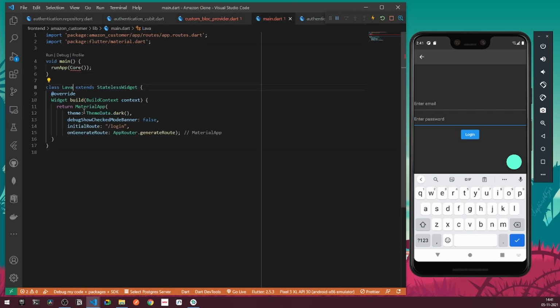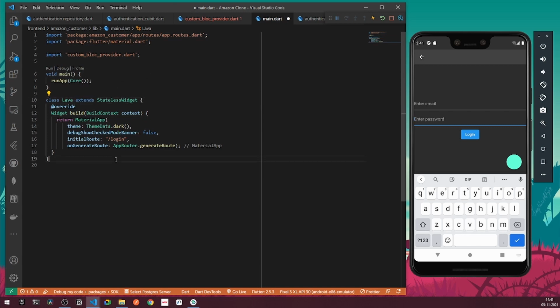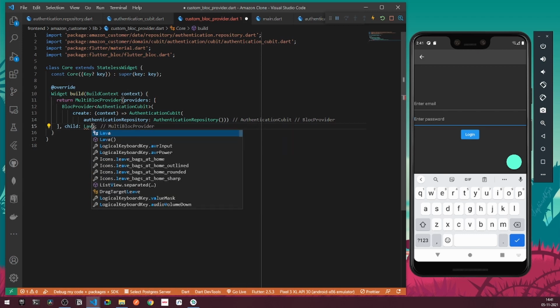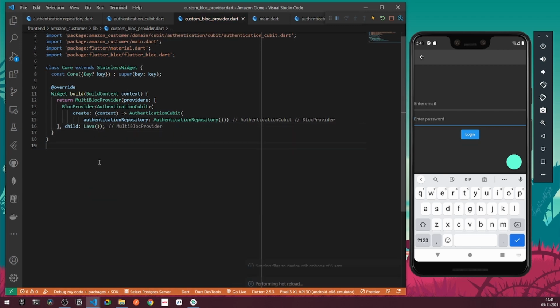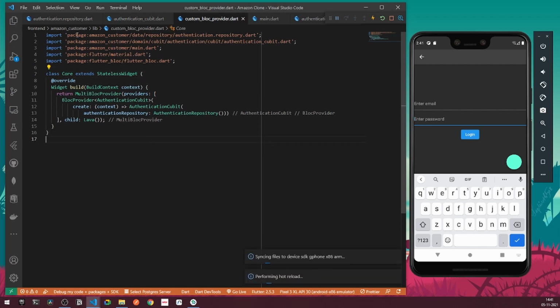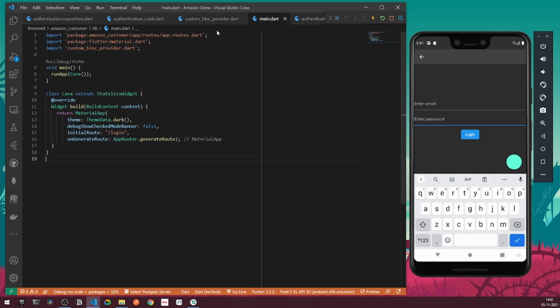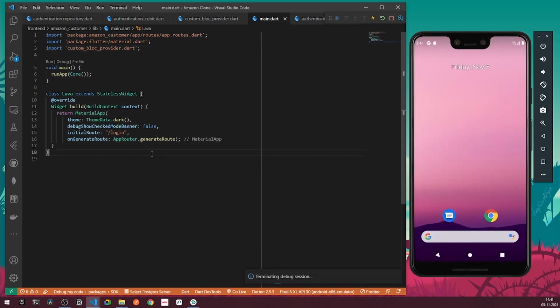So now what I can do, under my Lava, let's import the core first, just like this. And under my Lava, what we can do, we can have the instantiation of all the routes, or we can have a direct one, or we can simply have app router. So right now what we can do, we can simply have a child to be Lava. So I'll be simply having a Lava. So this will be the entire case for our Core class, right? So now what we need to do, here you can see we have got our entire Lava. So I'll be simply closing my entire application once and debugging it one more time. So simply press F5 to debug our entire application.